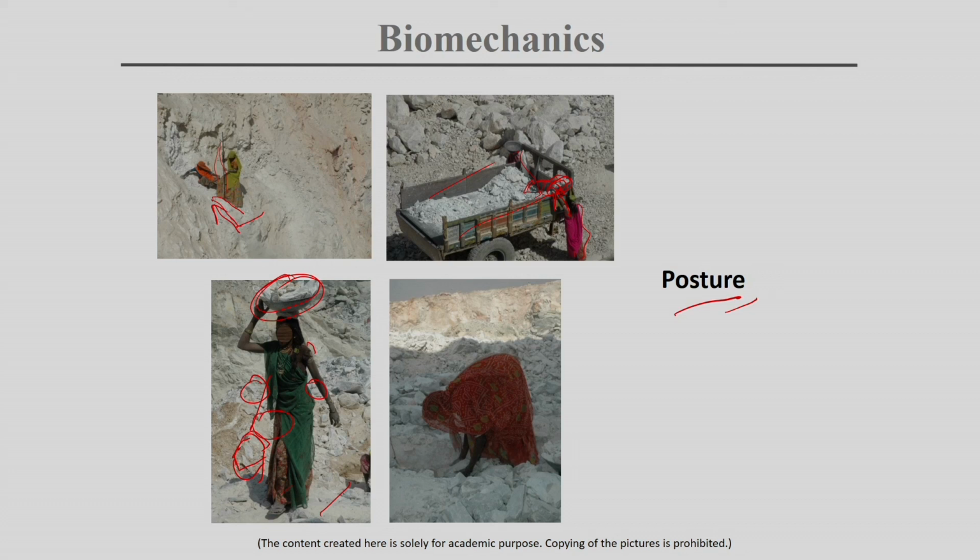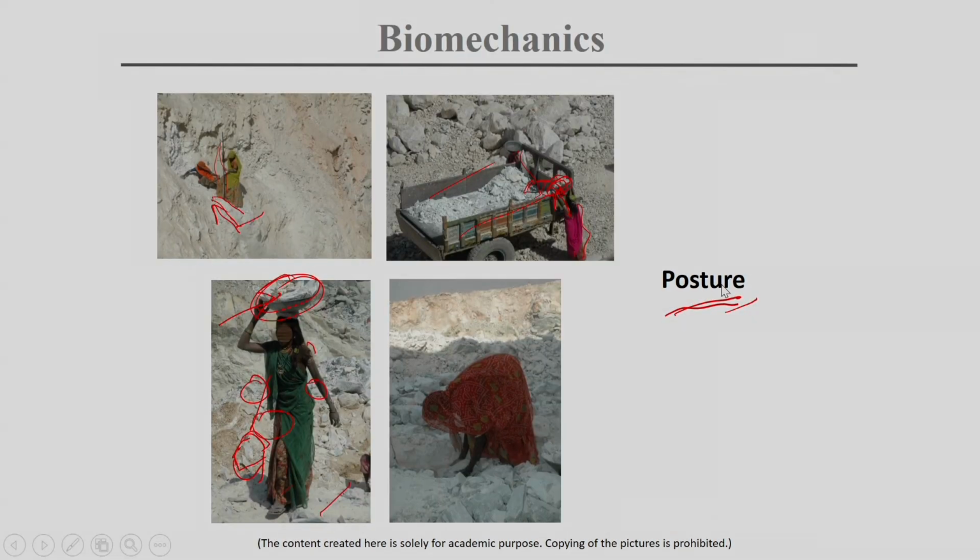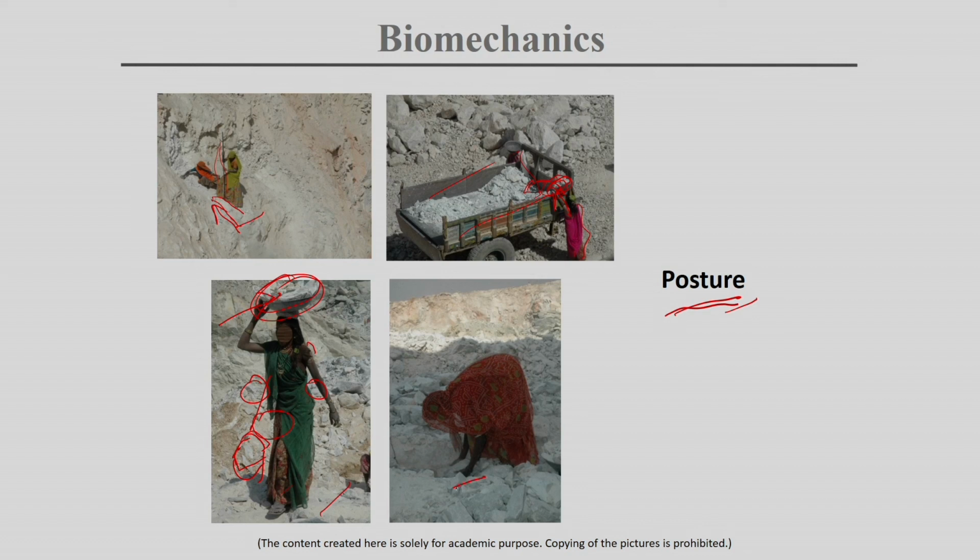Another very important thing is the amount of load. Another is the frequency, how many times she or he is doing that, or the time duration. These are very important criteria to understand the risk of the posture the person is adopting. Another very common thing we are seeing is the lifting of load. So it is important what posture they adopt when they are lifting a load.